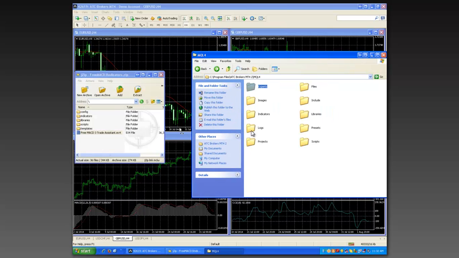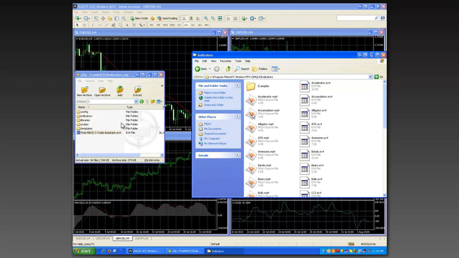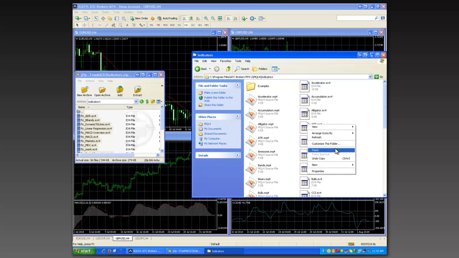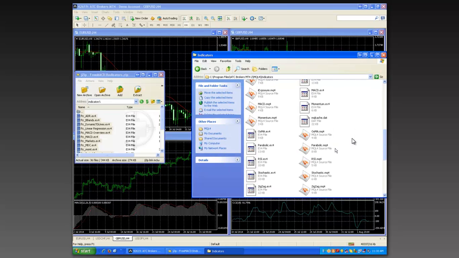Now you want to open up the Indicators folder here. Okay. Then you double click the indicators folder here. Same process. Control and the A key. Right click, copy, come over here in the white space, right click, paste. Now you have all of the indicators in the right place. Then you go back again,